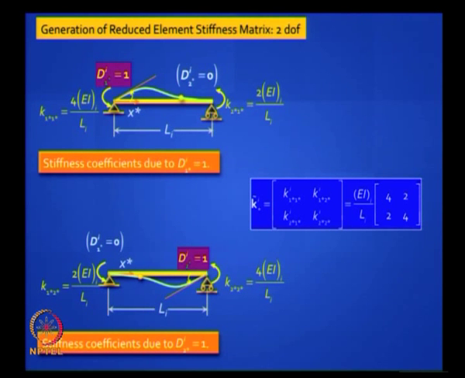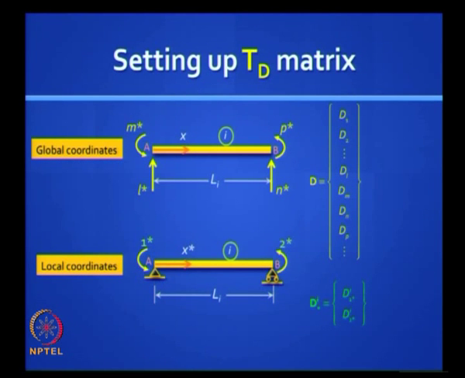If you recall, we learned how to derive the stiffness matrix using various techniques. The easiest is a physical approach. That matrix is very easy to remember: 4EI by L, 2EI by L, 4EI by L, 2EI by L. The diagonal elements are 4EI by L, the off diagonal elements are 2EI by L. They are all positive, and you physically know the meaning of each coefficient in that matrix. We also learned how to set up the TD matrix,